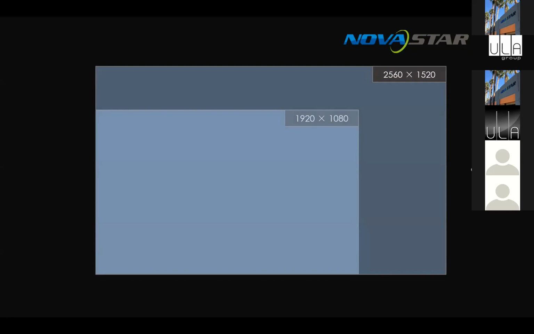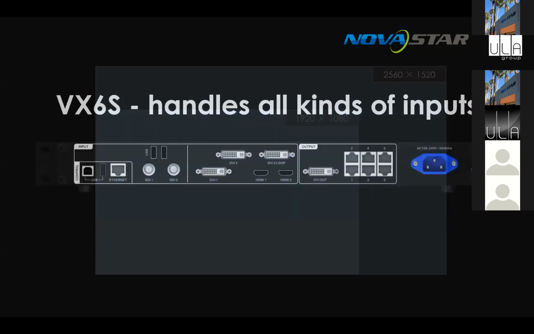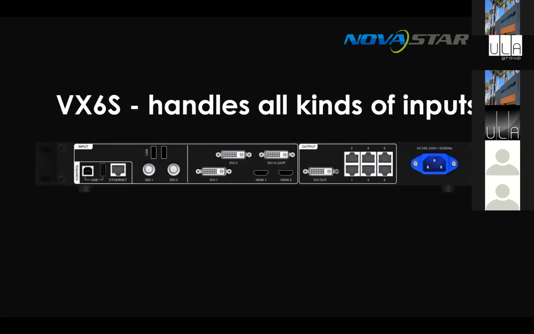This is a nice all-round, very powerful controller. As you can see, it's got USB, SDI, DVI, HDMI, as well as a DVI preview out. So if you want to see what's going on, you do have that DVI out option, as well as Ethernet control. It doesn't have a web GUI, but it does have Ethernet control for Smart LCT and also VCAN for presets, which I'll talk about shortly.